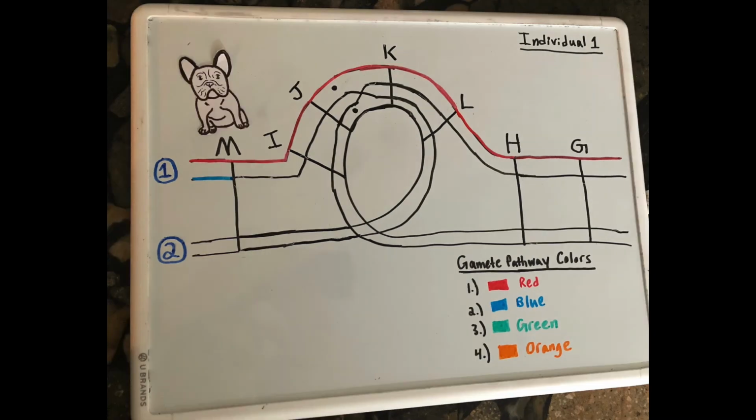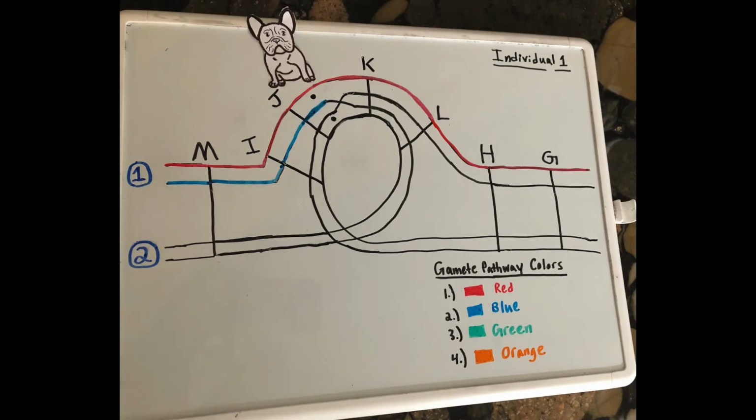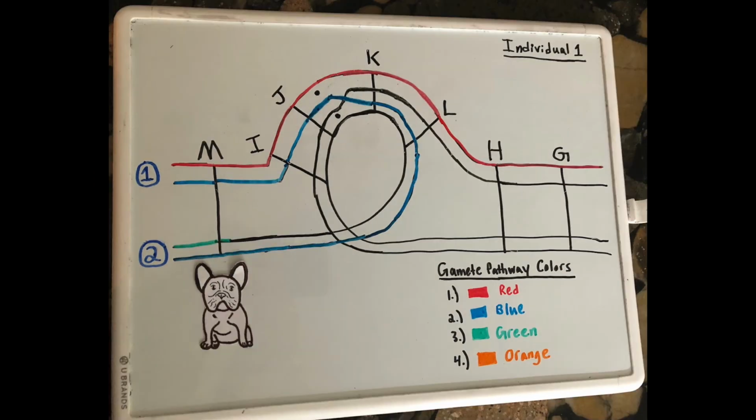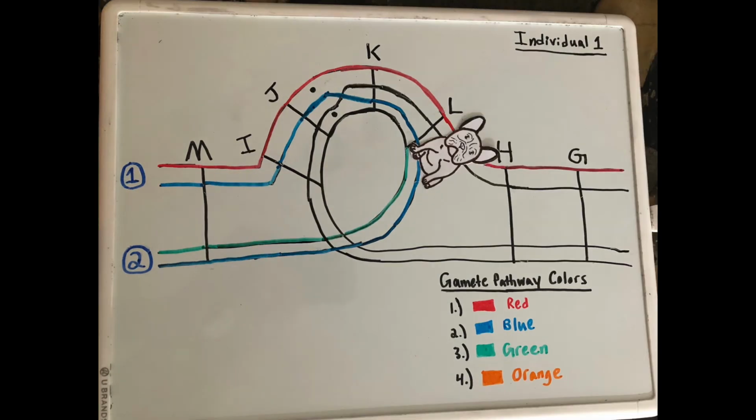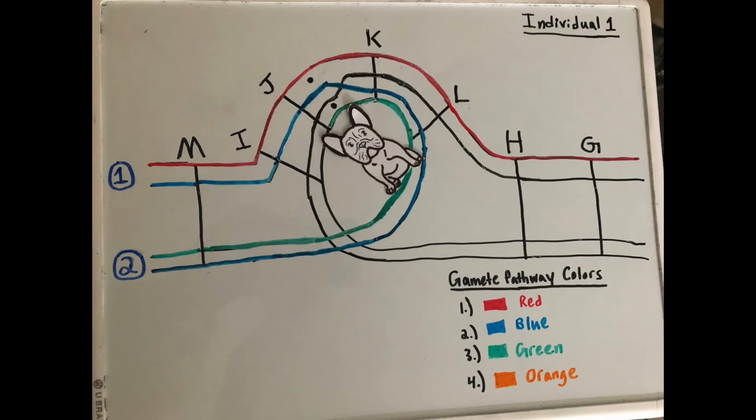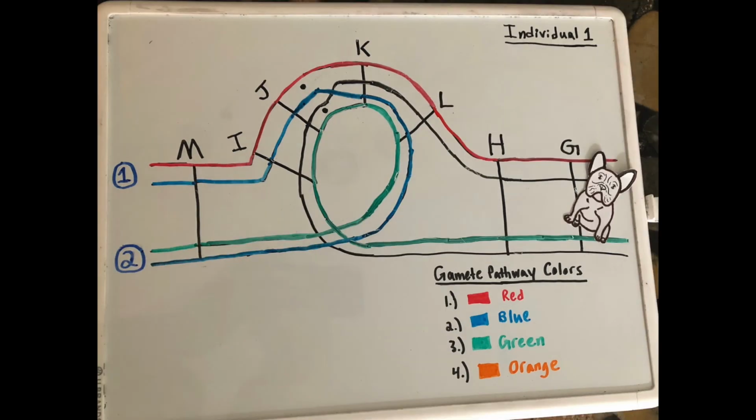For our second gametic pathway, our dog in the color blue represents the initial pickup of M, I, J, and a centromere. We now face our first crossover between J and K, where our dog will cross over to the loop and run back to the left side and pick up K, L, and M. For our third gametic pathway, our dog in the color green represents the pickup of M, running up to L, K, or centromere, J, curling down to I, H, and G.